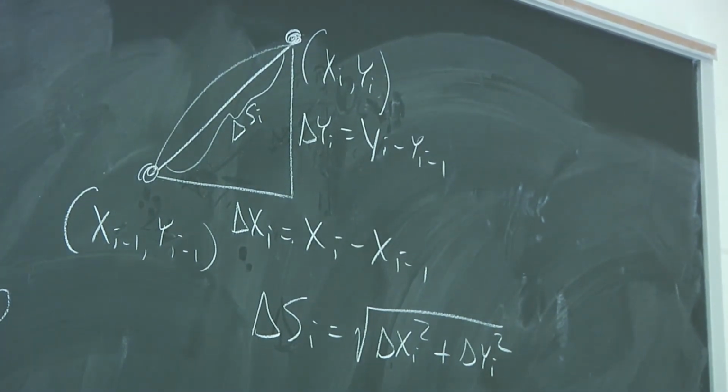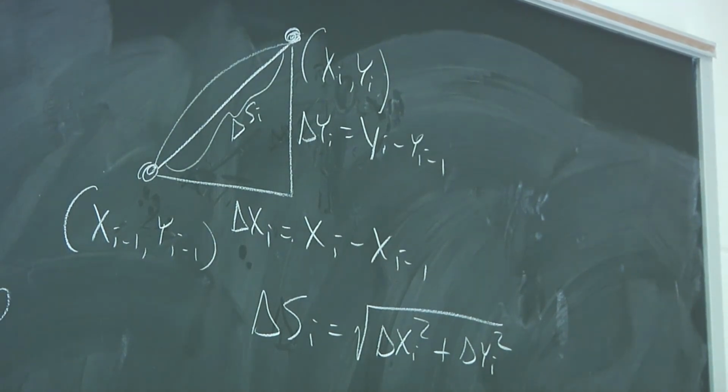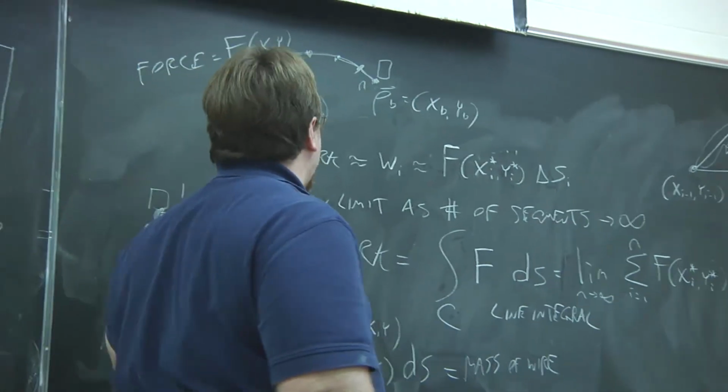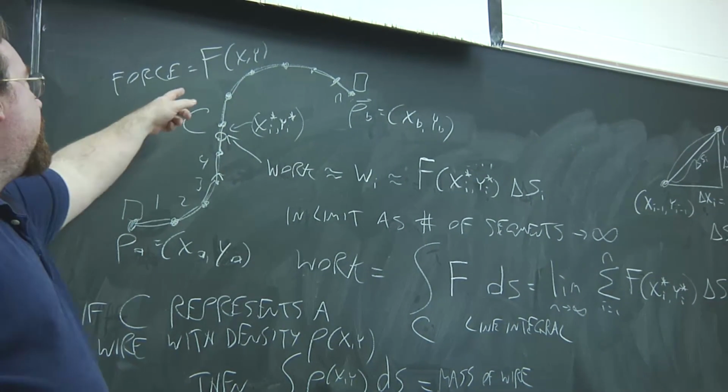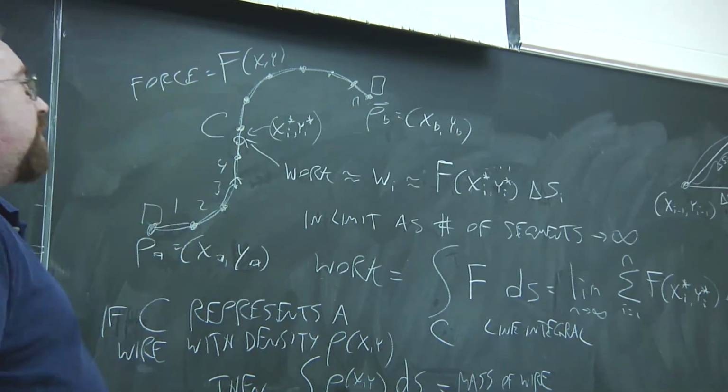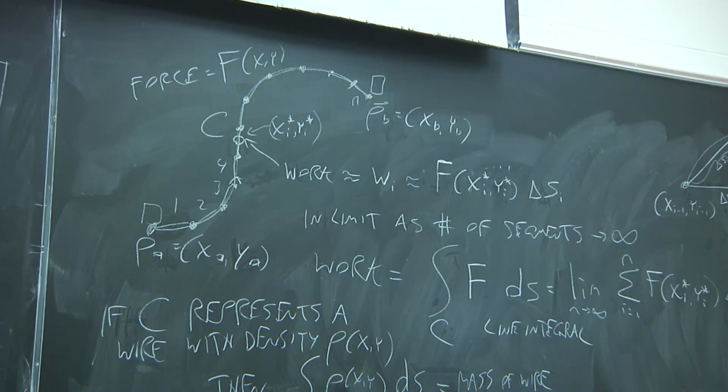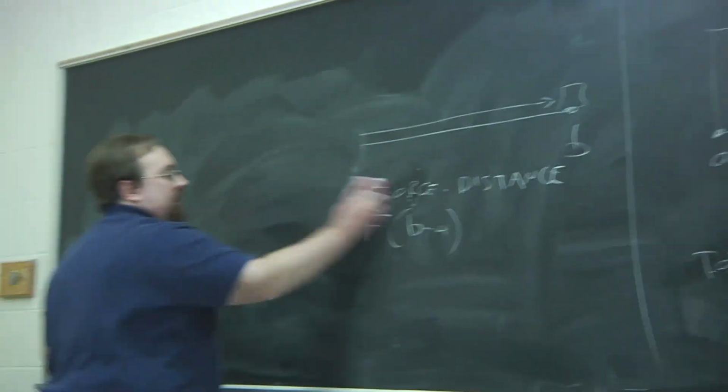So this is how we can relate it back to x and y. But there's still more that we need, more concreteness, in order to be able to actually evaluate the line integral. Even if we're given the function f of x, y, we still need a more concrete description of the curve C. So we're going to assume that the curve is defined by